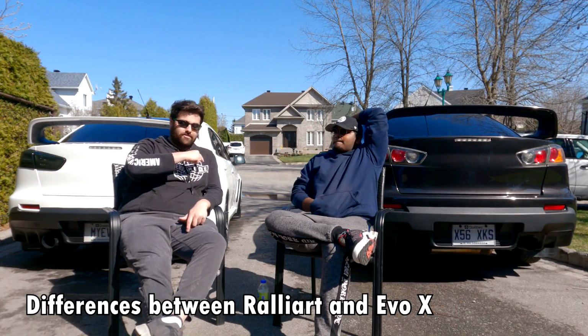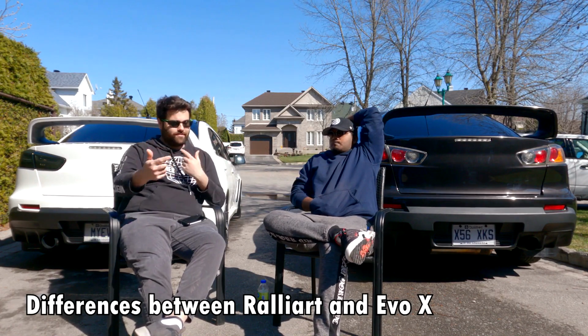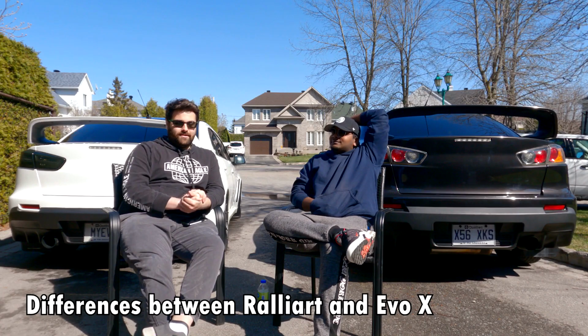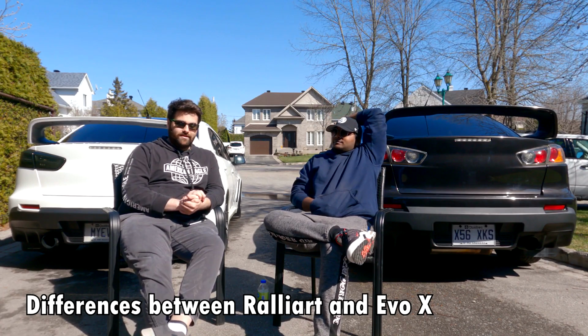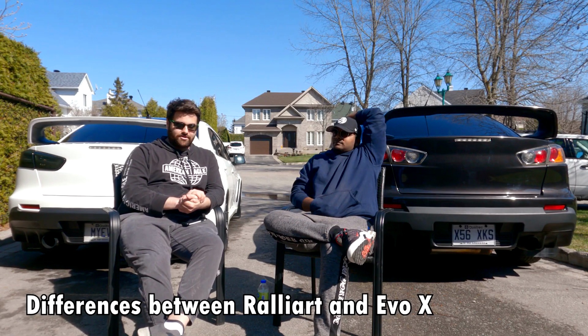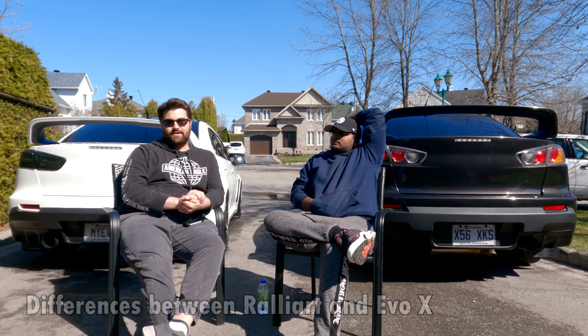So in the Ralliart, you can send the power from front to back, and then in the Evo, you can send it side to side on top of front and back. They have an ACD. And if you're a track-oriented person, in the Evo you get 4 piston calipers in the front from Brembo, and you get 2 pistons in the back. The Ralliart does have 2 pistons in the front, but...